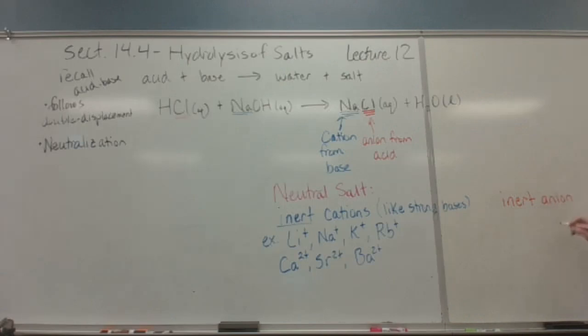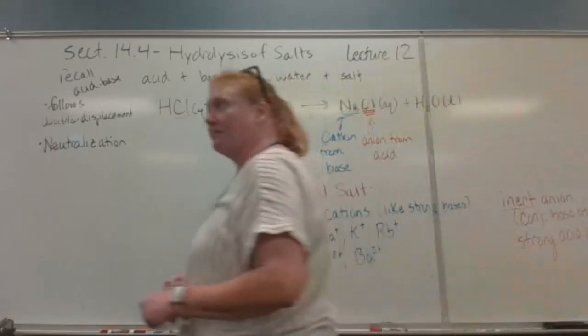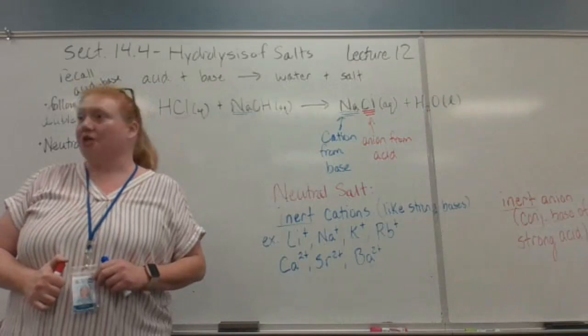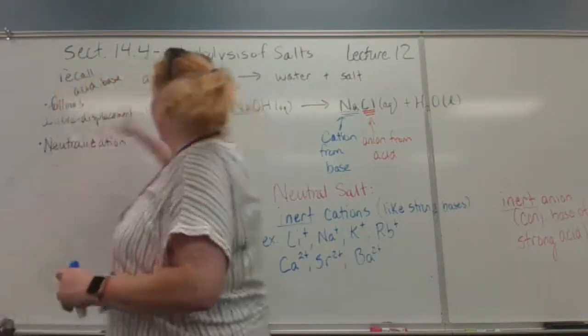An inert anion is the conjugate base of a weak acid. Scratch that, of a strong acid. Sorry. An inert anion. Anions are what? The negatively charged things, right? An anion is inert if it's the conjugate base of a strong acid, like